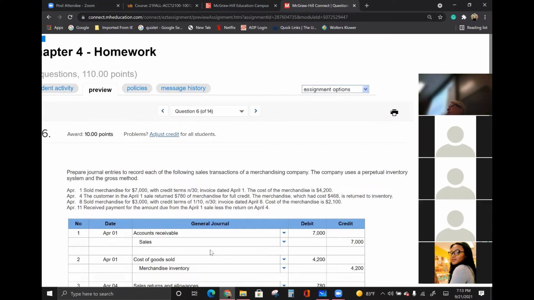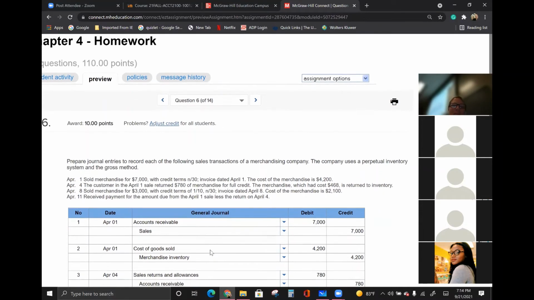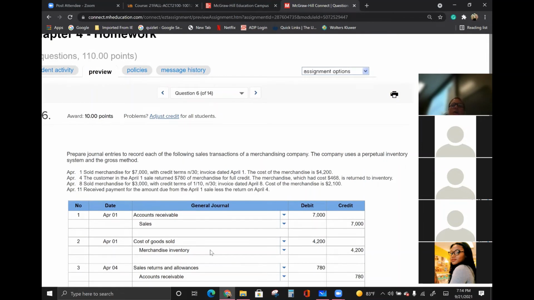Well, what are they doing? They're returning something. So what's that account called? What's the sale contra account? So we have a sale, then we have a contra account, which is offsetting sales, and it's a return. Sales returns and allowances. So we're going to debit sales returns and allowances for that $780